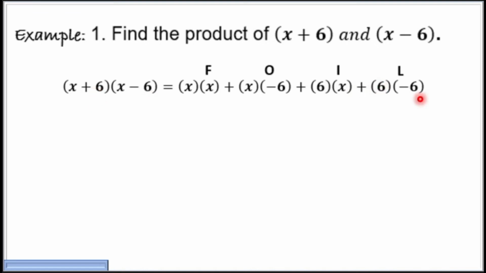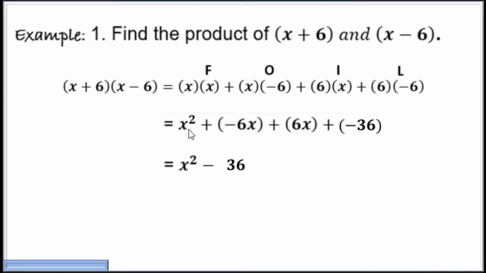Then simplify. So continue. X squared plus negative 6x plus 6x plus negative 36, since 6 times 6 is 36, and negative times positive is negative. And we have the result,